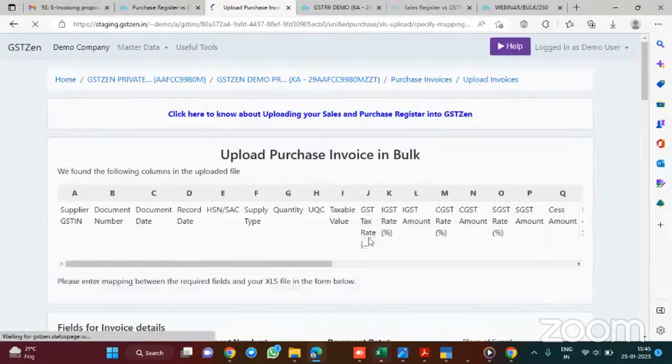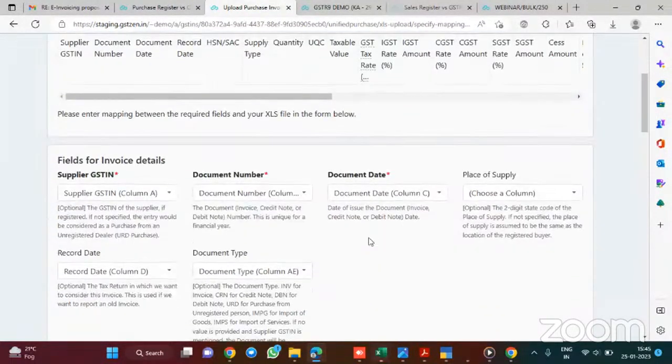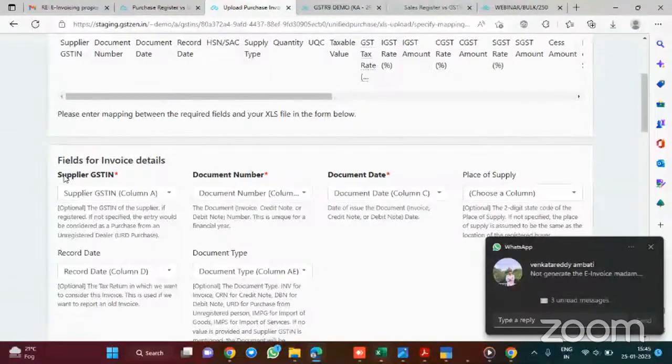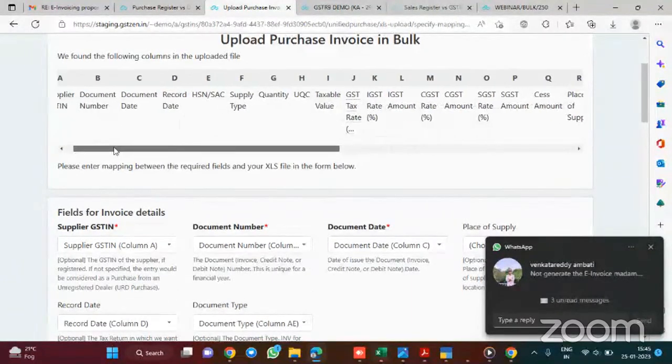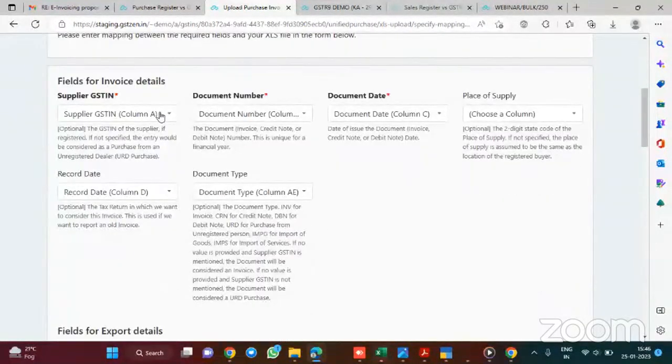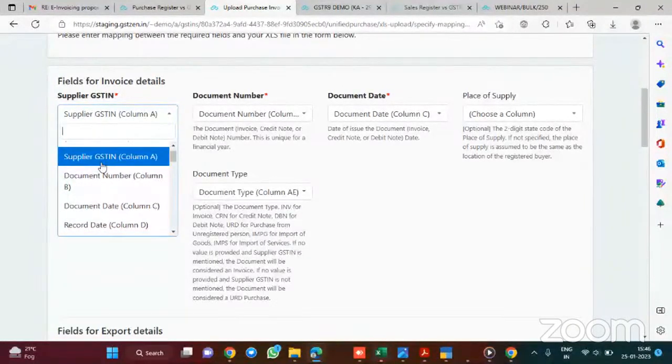And then you have to map your file. Supplier GST number is coming from which field of my Excel? All the fields, the headings in the Excel would be imported here and it will be present in the drop down. So you can select the supplier GST number is coming from which column of the Excel.